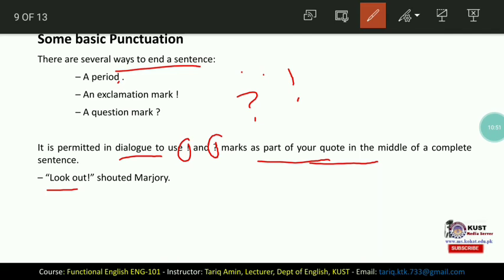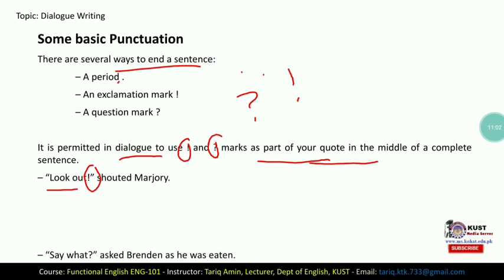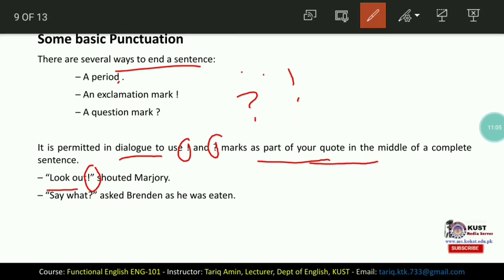We can see that we have used an exclamation mark in the middle of the complete sentence. Another example is "Say what?" asked Brendan as he was eaten. We can see that this ends with a question mark.